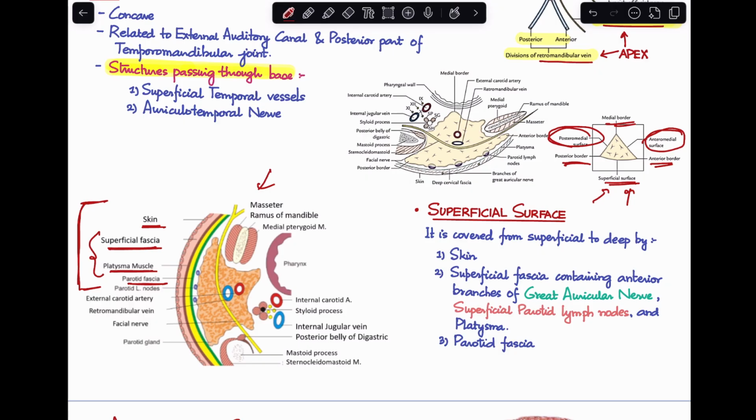You can see, a little while before I discussed why, because of the tight capsule, you feel pain when there is an infection or parotid swelling happening. That's because of the nerve that lies on top of it, and the nerve here is the great auricular nerve. Because the great auricular nerve gets stretched, that's why you feel more pain when there is an increase in secretion happening in the parotid and the parotid gland enlarges. Okay, so that's about the superficial surface.